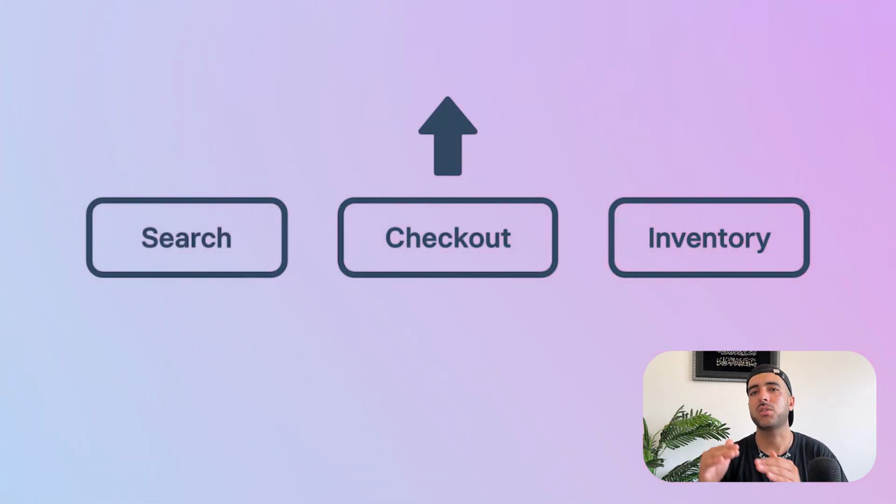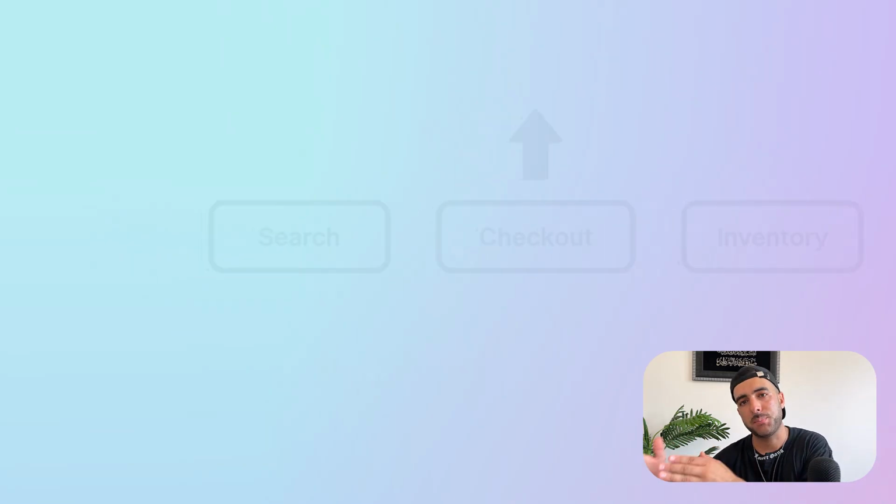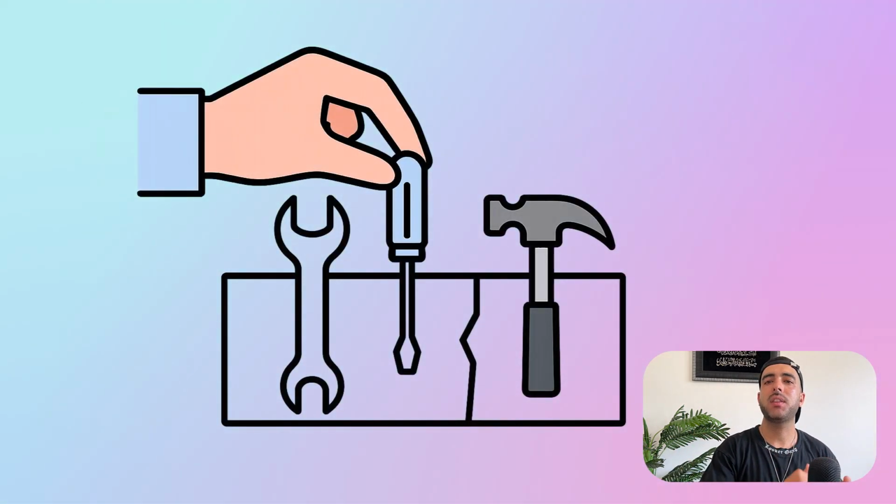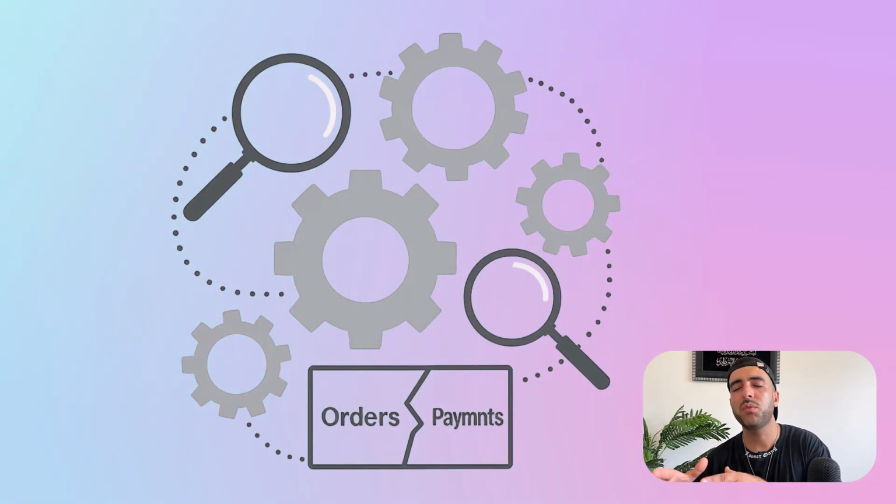Now, why do teams choose microservices? Well, with this architecture, you can deploy one piece at a time instead of deploying one big bang release. You also scale only the hot parts like search or checkout or whatever is busy. Also, a fault in one part is less likely to take everything down. And also, teams can pick the right tool for each slice. Of course, the downside here is that you've got more moving parts to run and observe, and that's the cost of flexibility and speed.